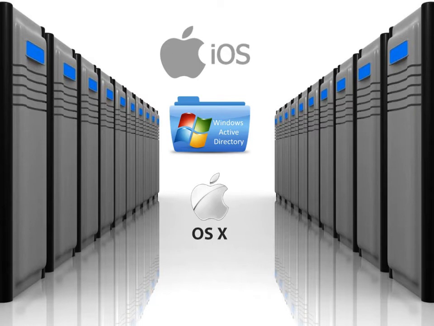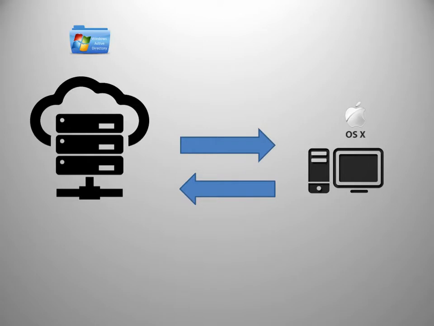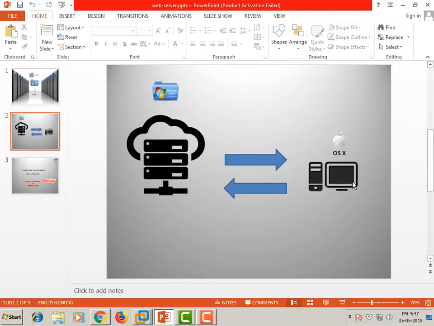Today we are going to discuss how to make a Mac OS a member of Windows Active Directory. This is the basic scenario. This is your Windows Active Directory in the domain name of techtest.com, and this will be your Mac operating system where I am going to make a member. I will create a test user to log in with this account. So let's get into the practicals.